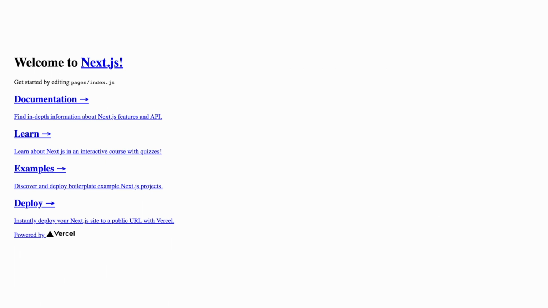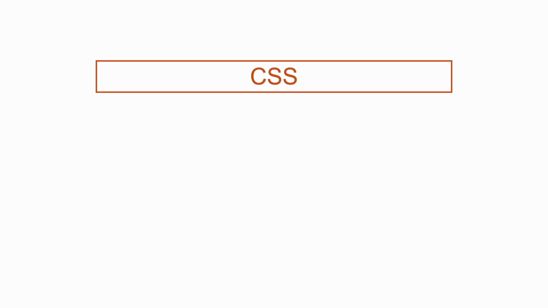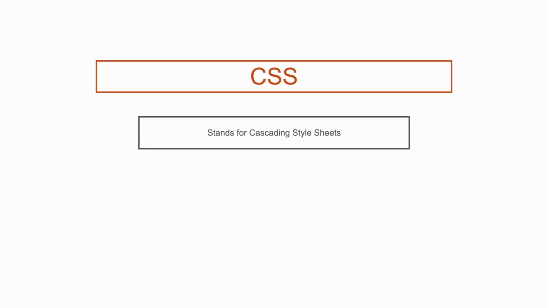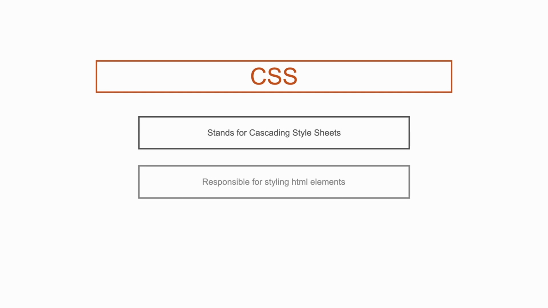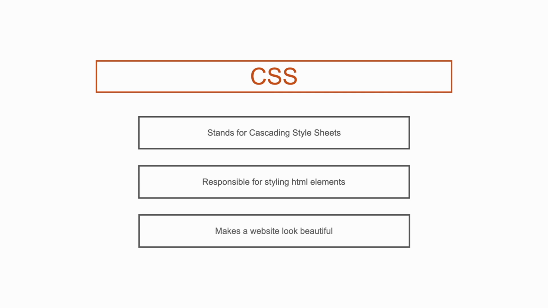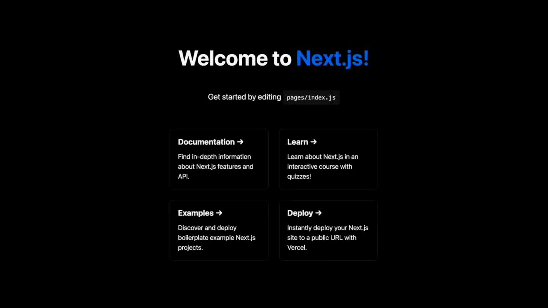So, how to style a website? This is where CSS comes to the rescue. CSS stands for Cascading Style Sheets. It is responsible for styling HTML elements, making them look beautiful. If CSS is applied to the same website you saw before, it will look something like this. Much better. HTML is a markup language and CSS is a style sheet language, but neither of them is a